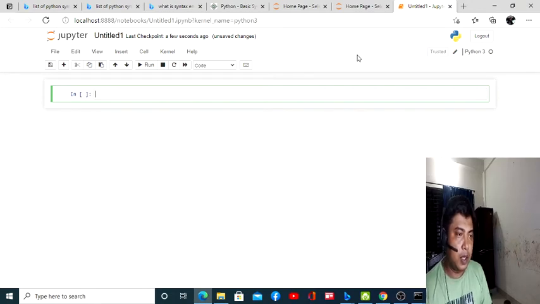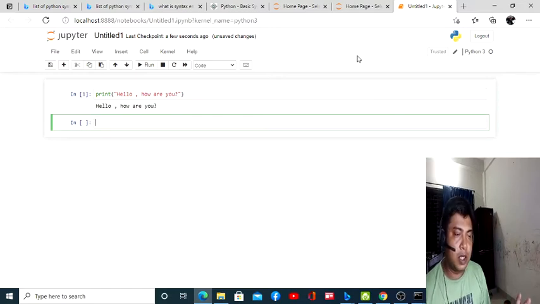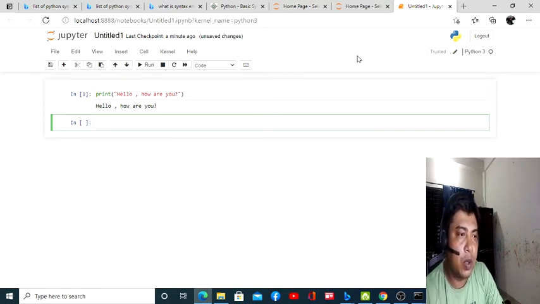Print, sorry, mind it, Python is case sensitive, so be very careful about uppercase and lowercase. Hello, how are you? And to execute the code, shift enter, and the code has been executed. This is how we install Jupyter notebook, and also how we can run Jupyter notebook